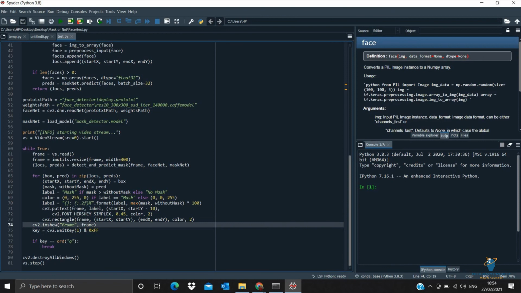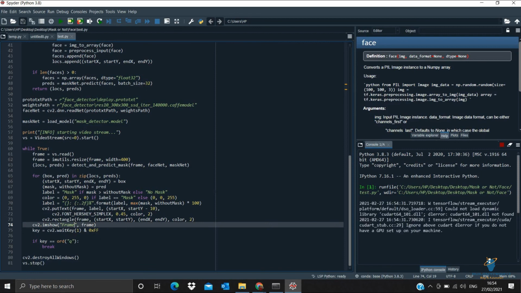Then obviously it will go on iterating, and if we press the q key on our keyboard, it will close that frame. And with the help of cv2 dot destroyAllWindows, after pressing q, it will close the window, and this video streaming will be stopped.